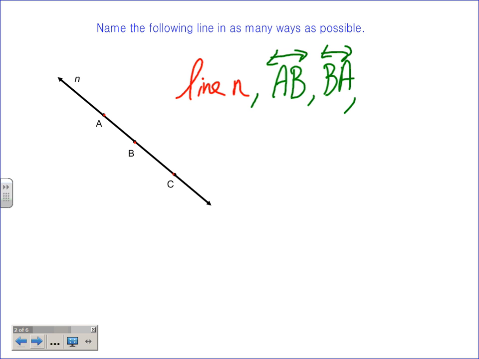Is it okay to skip points? For example, can I do that? Can I skip over B? And what you have to ask yourself is, if I said line AC, would you all look at the right place? I think you would, wouldn't you? You'd look at the one that has A and C on it, right? Because maybe I have another one, maybe M actually comes through here, right? All right, so maybe there's a D and an E. If I said line AC, I think you're all going to look at the right one, aren't you? You're not going to look at M, you're going to look at N, right? So that's okay to skip around. You can do that.